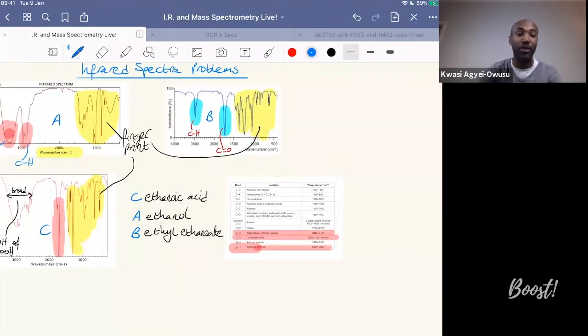I guess at this point it would be a good idea to see if there are any questions. There are none at the minute, so I will move on to mass spectrometry. So we're moving to the middle third of this session, where we will be looking at mass spectrometry. Okay, so